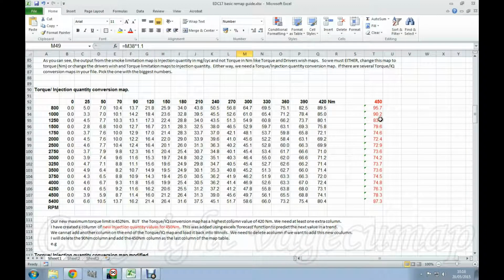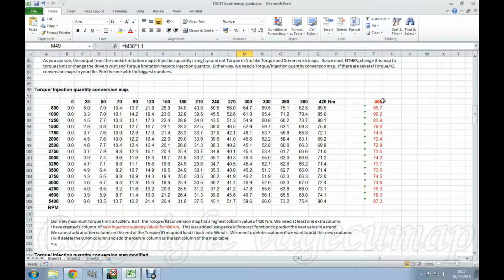Now it would appear that if we went up to about 450 Newton meters, we should get these sorts of values. What I've done is I've not done anything clever. I've used the formula in Excel known as forecast, and I've asked it to forecast the next value after 89.5, assuming that that value is 450.